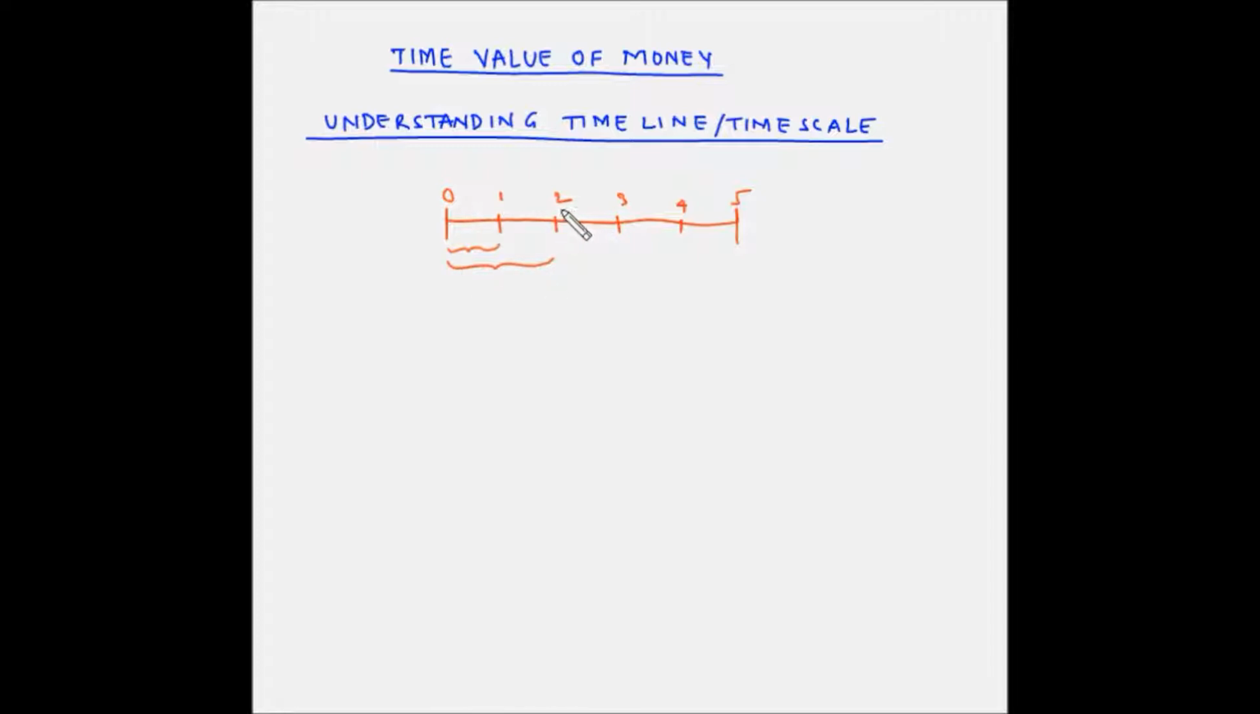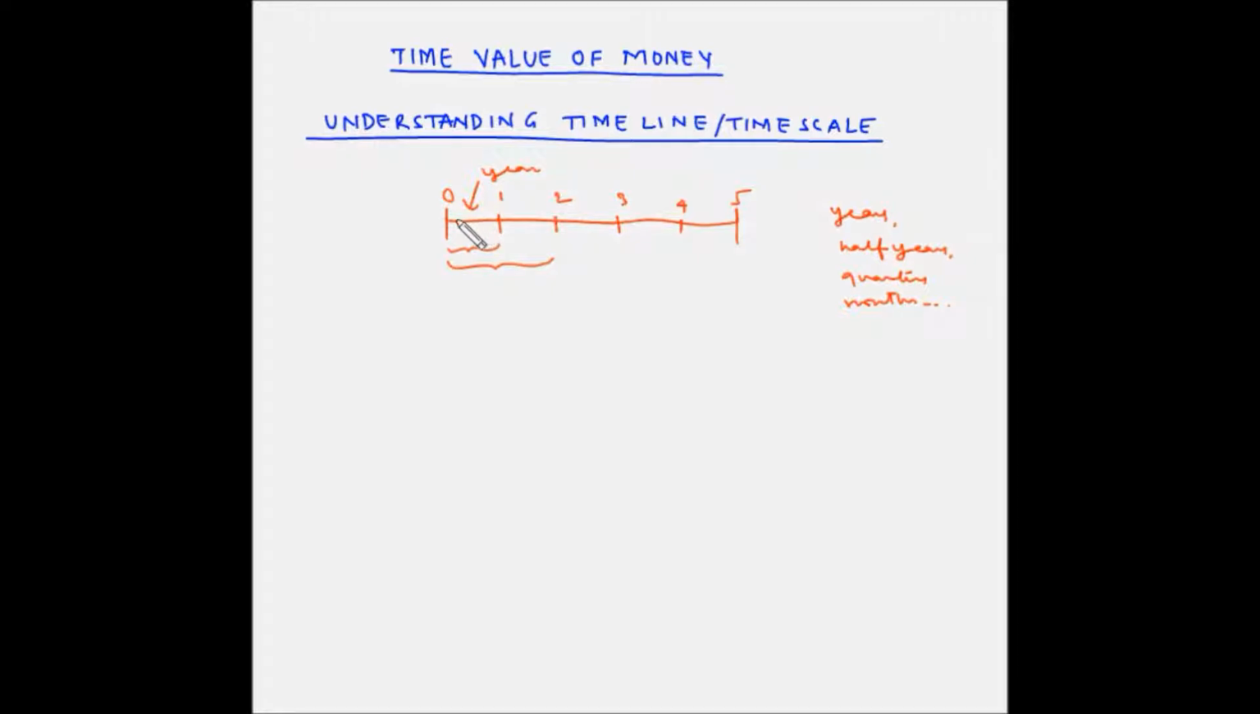Now these periods can be years, half years, quarters, months, etc. So any time period can be represented like this on a time scale. So if each period on the time scale represents a year, so let's say this is a year,